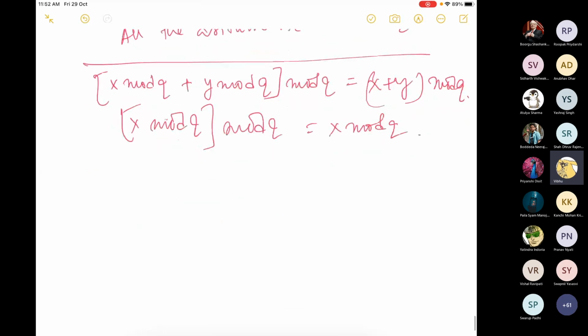So now given this we have our hashes. So hi from xi